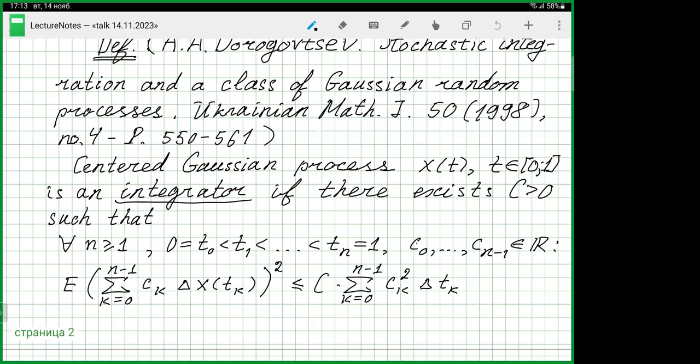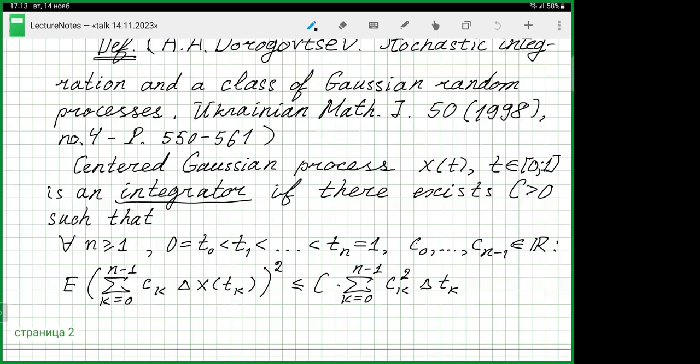By the way, let me emphasize that if we require the same condition, but for random partitions organized by stopping times and correspondingly adapted random variables c_k, so we just integrate adapted step functions with respect to X,